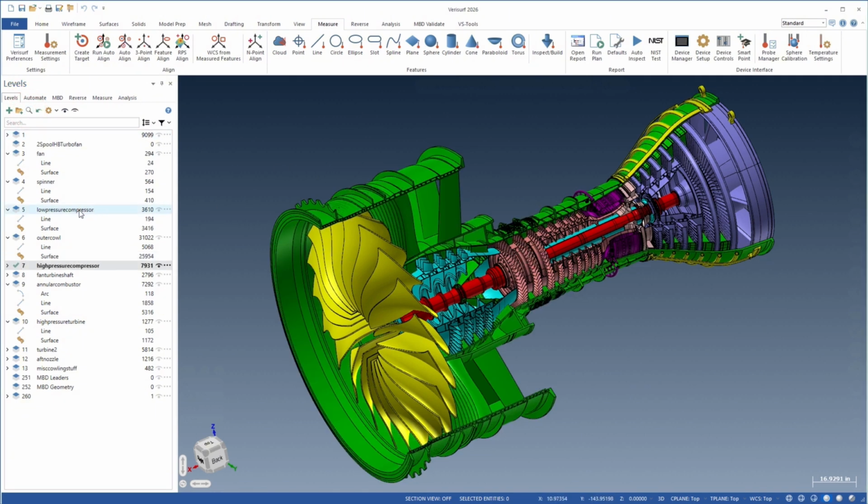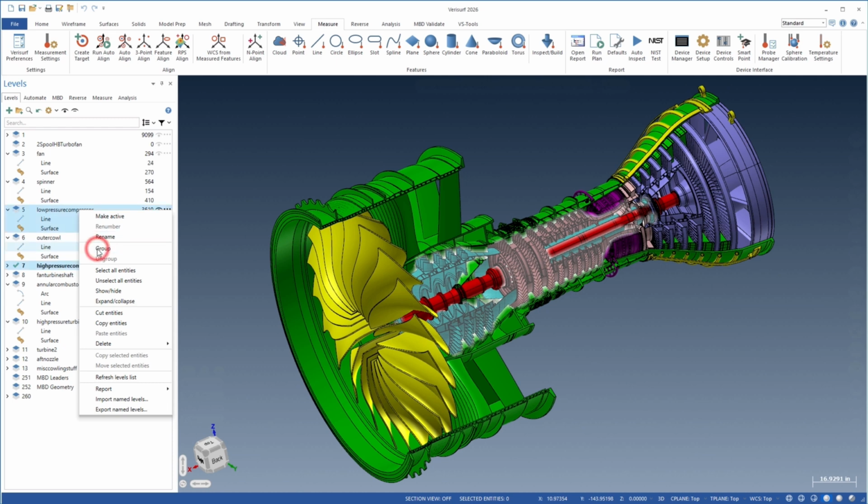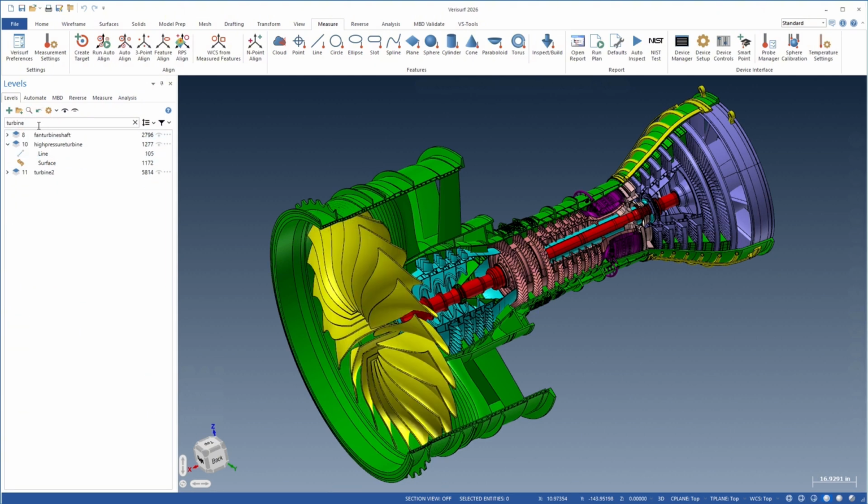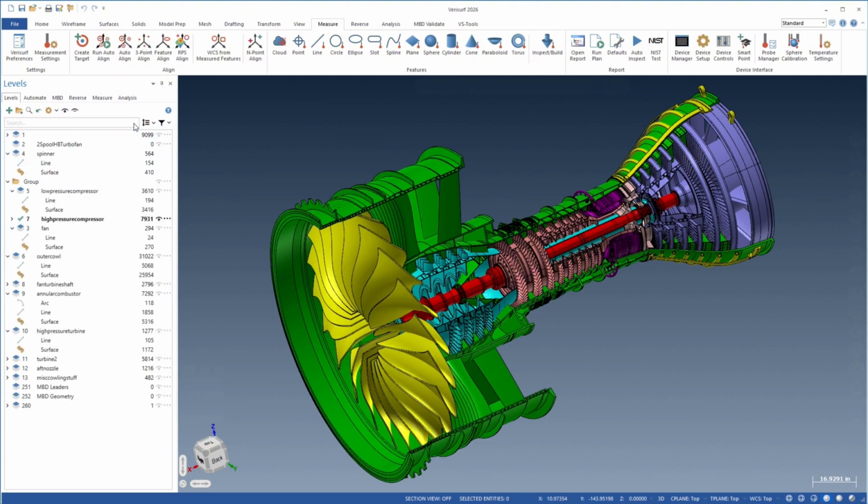Levels can be grouped, added to an existing group, and moved between groups for greater flexibility, and groups can be nested to simplify the level display. A search function displays the levels in groups that contain a search string and expands the groups to show the associated levels. The display can be simplified further by filtering which groups are displayed in the tree.